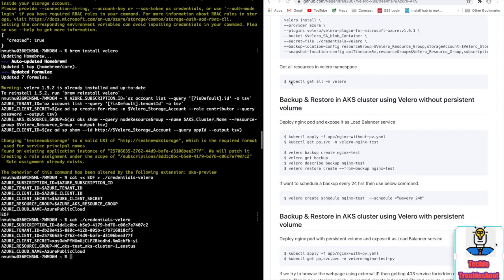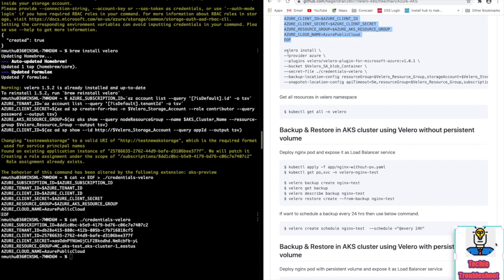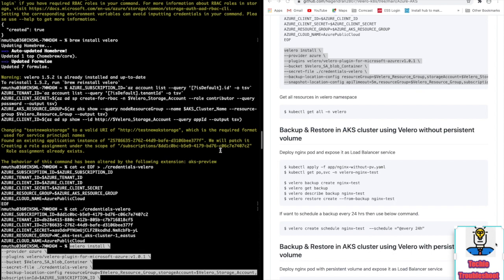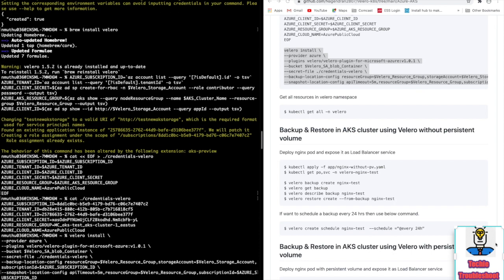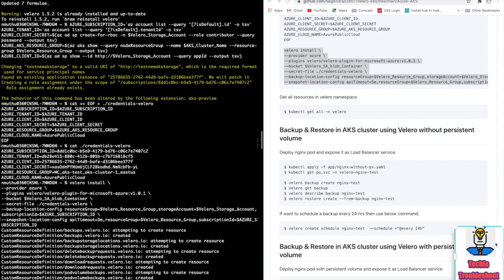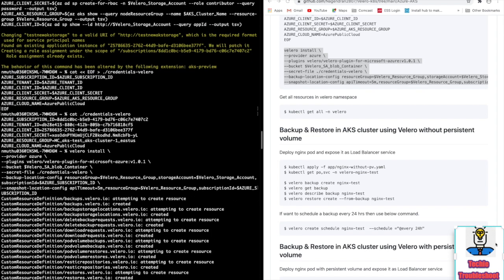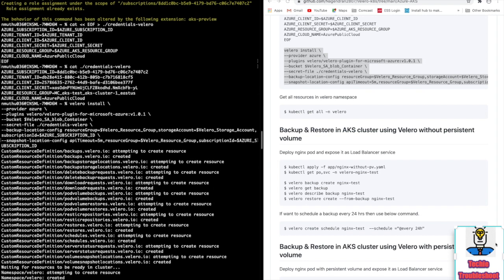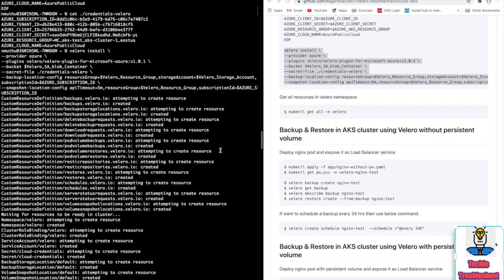The next one, I'm going to install Velero server in AKS cluster. So what will happen? It creates a new namespace in the Kubernetes cluster and a few custom resources are created under that namespace.